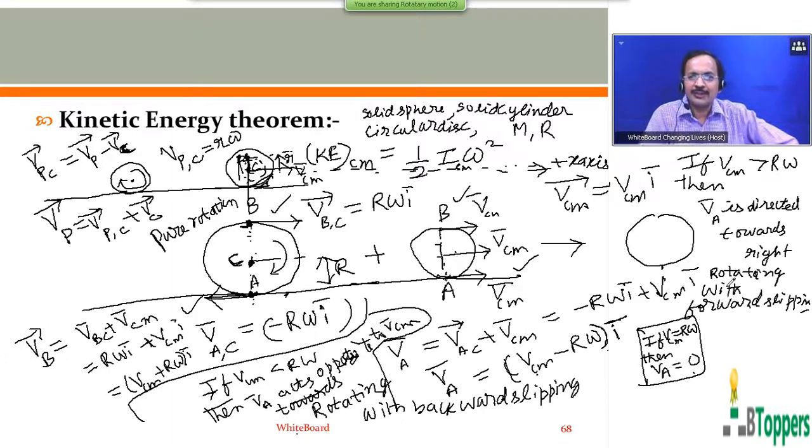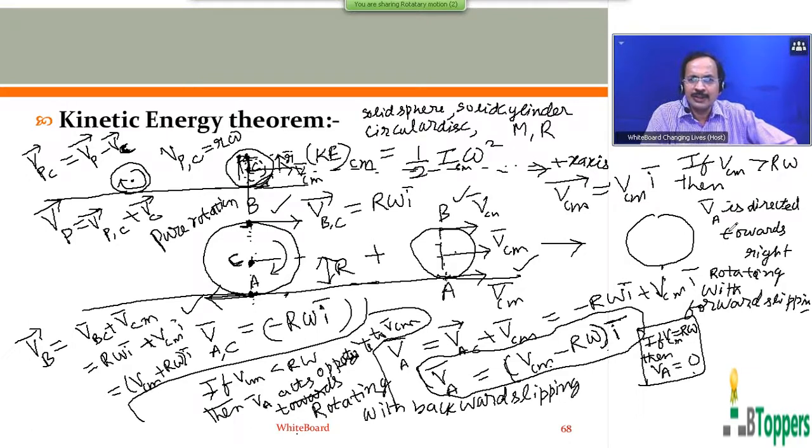So again you see here, this is the equation for velocity at the bottommost point of the rolling body, the rolling cylinder, which is in contact with the floor. We can write VCM minus R omega into I bar. VCM is the magnitude of translational velocity of center of mass with respect to a stationary observer on the ground or lab frame. R is the radius of the rolling body, omega the angular speed of rotation of the rolling body about the horizontal axis passing through its center of mass. So if VCM is more than R omega, then VA bar is directed in the direction of I bar along positive x-axis, because VCM minus R omega will be positive.